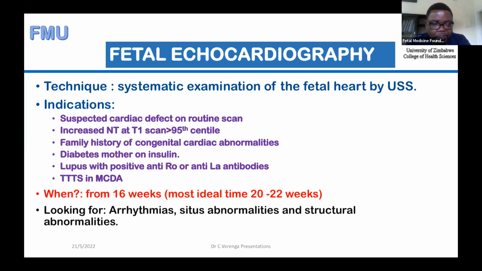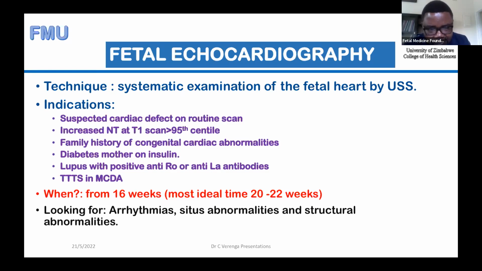Ideally, fetal heart examination should be done for every woman. But in the context of fetal echo, if there is a high risk for a cardiac defect, we can start early. Of course, at 11 to 13 weeks we examine the heart, but we cannot make any conclusions on which we can make a pregnancy care decision. If we suspect that the heart doesn't look normal at 12 weeks, we ask these women to come at 16 weeks. Then we check their heart properly. So we can start as early as 16 weeks. But most women who are not very high risk, we ask them to come at 20 to 22 weeks to examine the fetal heart